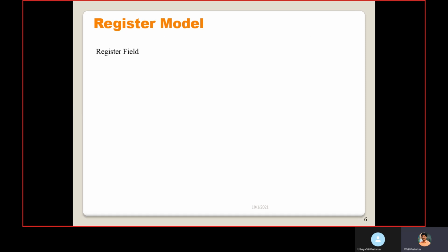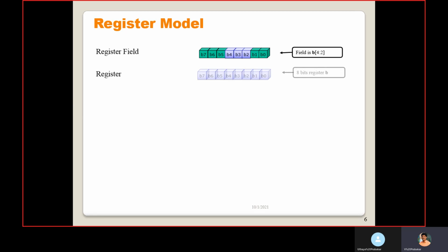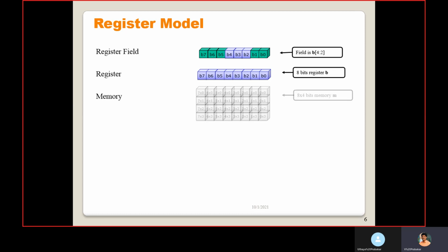The same thing I explained here. These are the fields, and a register consists of fields. Here there is register A, an 8-bit register B, and memory with a particular range of addresses.